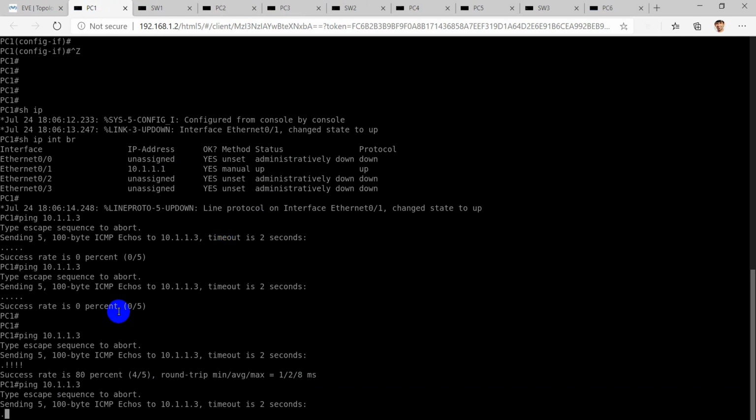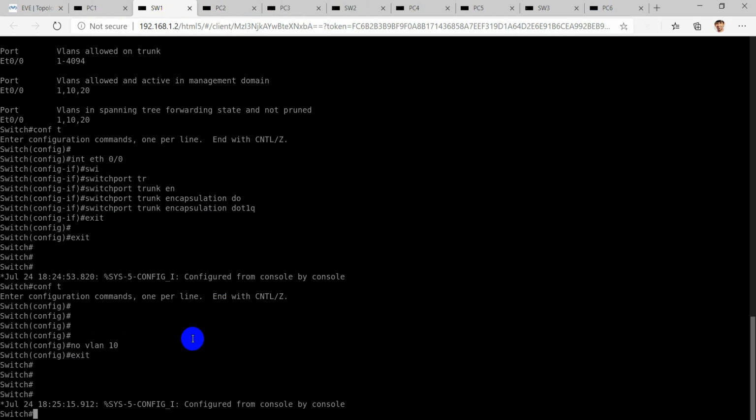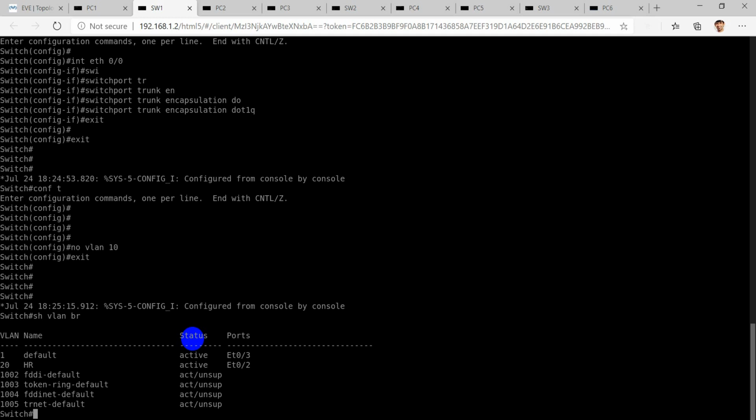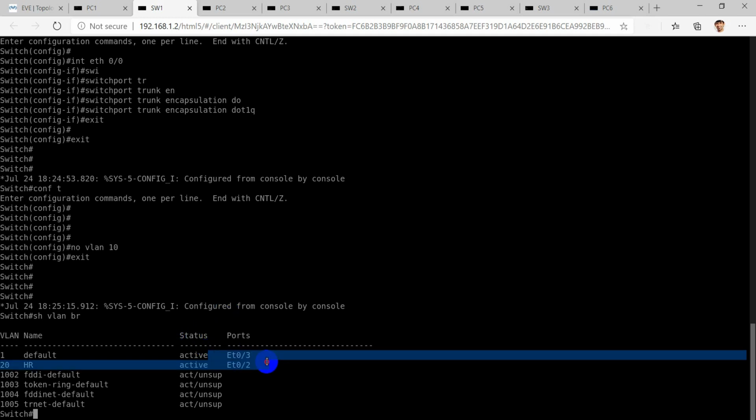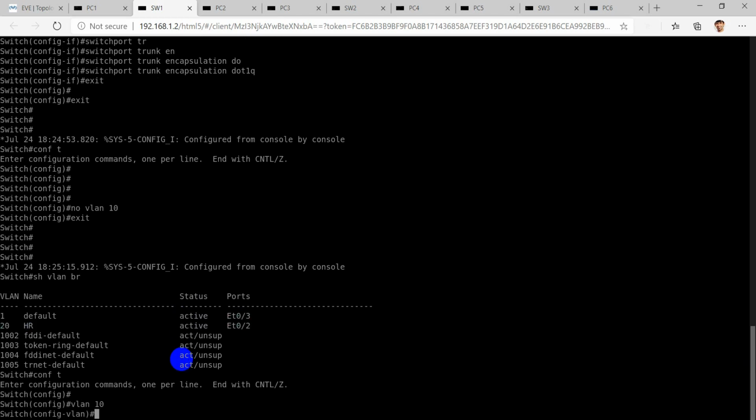I'll try pinging it. You will see that the communication will not happen as the VLAN is not present there. On switch 1, we'll run show VLAN brief, and we'll see that we do not have that particular interface here as the VLAN is deleted now. So we will go on to this switch and configure the VLAN again.